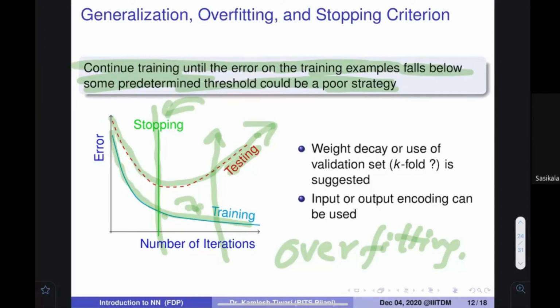And also let me tell you that even without this sum of square error, which we defined a few minutes ago, being zero, you can find 100% classification. That is also possible. Make sense?